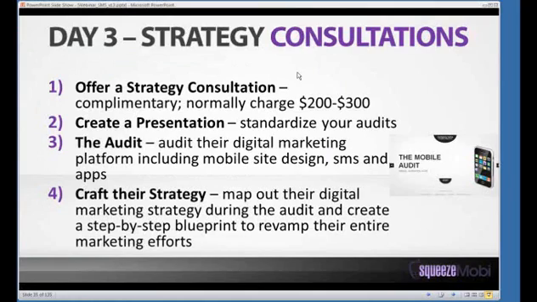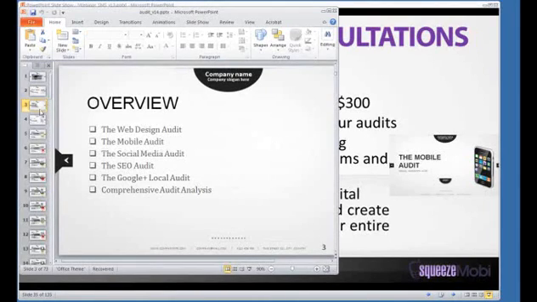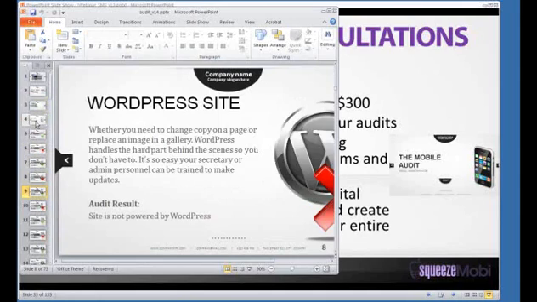And when you then audit their digital marketing platform, you can then also go into crafting their strategy, mapping out their entire digital marketing strategy, and creating a step-by-step blueprint to revamp their entire marketing efforts. Now, you say, oh yeah, but they're just going to bring it back to a tech guy. Well, let them bring it back to a tech guy, because honestly, if you provided this much value, if you go through all these points, and then you see if they have a WordPress site.